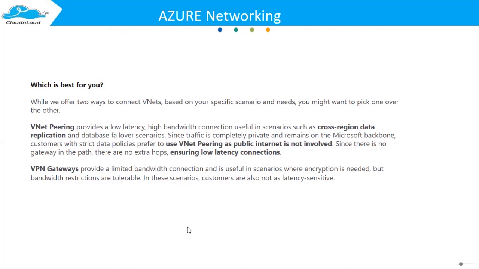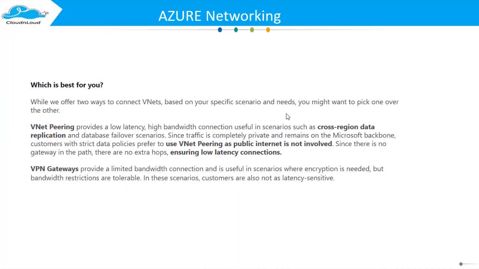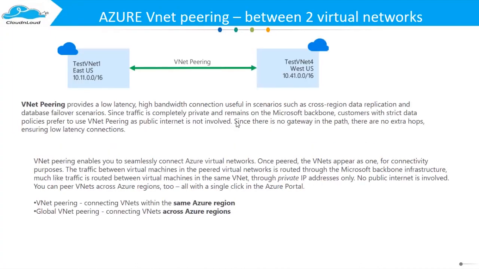VPN gateway: most of the time you have some application and you want to process it with a third-party vendor, over the internet, but via a secure method. So VPN gateway will be very useful for those kinds of projects. So we will go one by one. First, we will go with VNet pairing to VNet pairing, and then we will see how to go for further networking types.